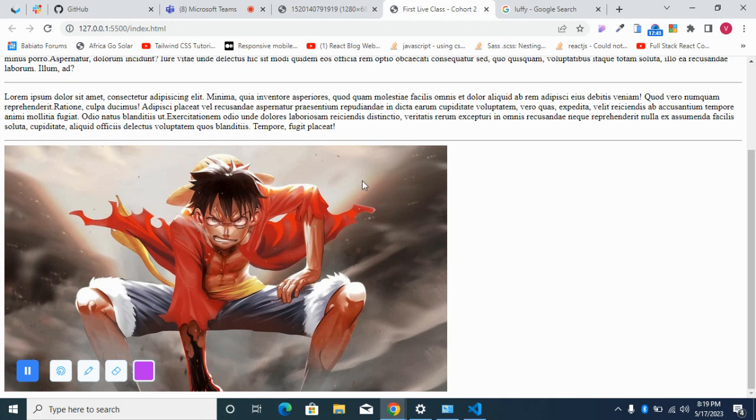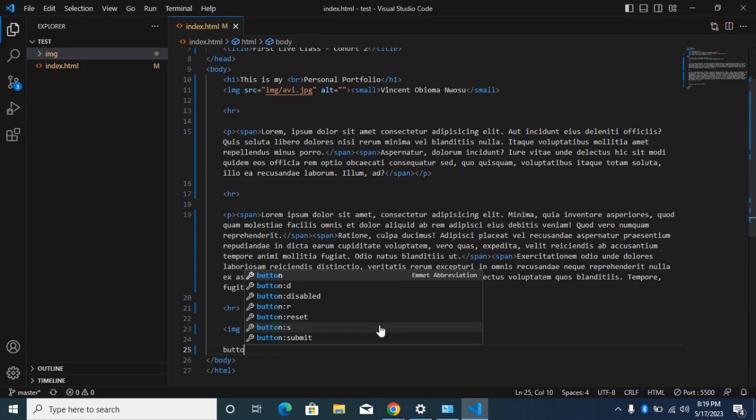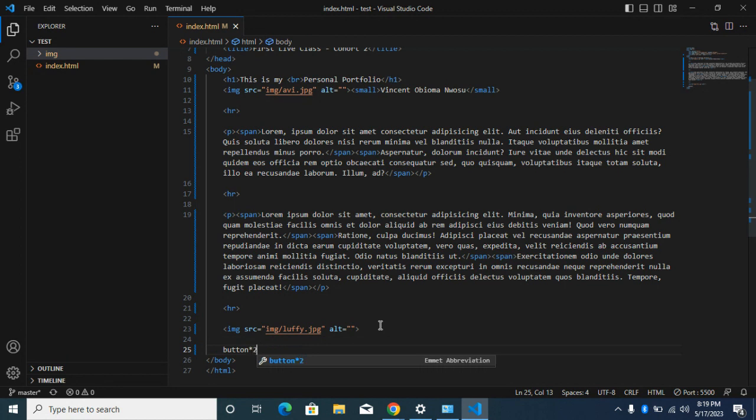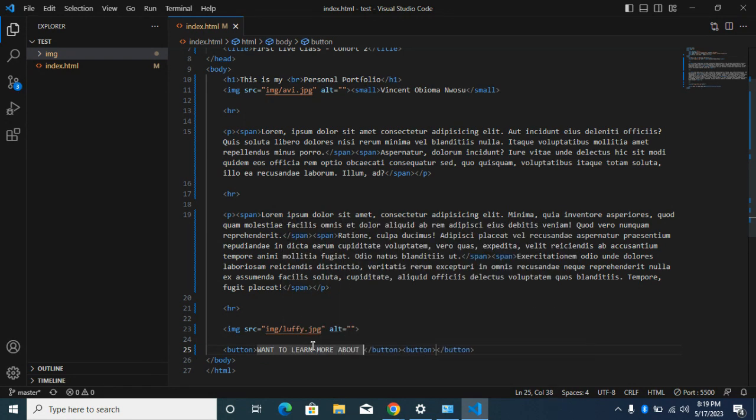All right, so we have Luffy here. So what's the next thing? Let's add some buttons. Let's add two buttons. I'll type button, start two, and then tab to create two different buttons. Now I'd say one to learn more about Luffy. That's the first one. Then the second one would be